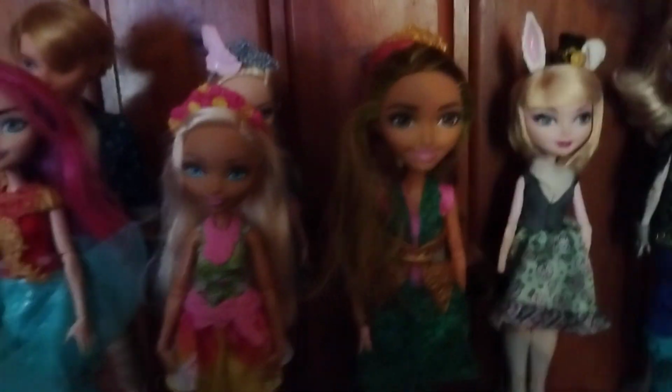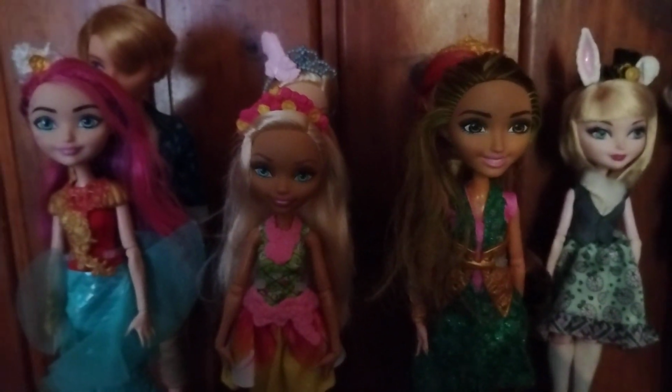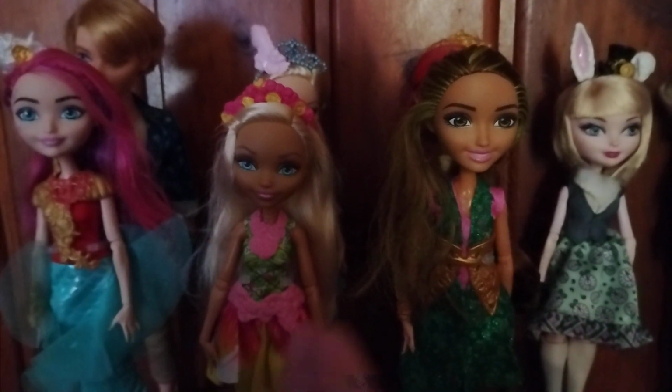The fact that she was one of the last Royal and Rebel dolls to actually get a doll is kind of a bummer. But now that we got the basic Royal and